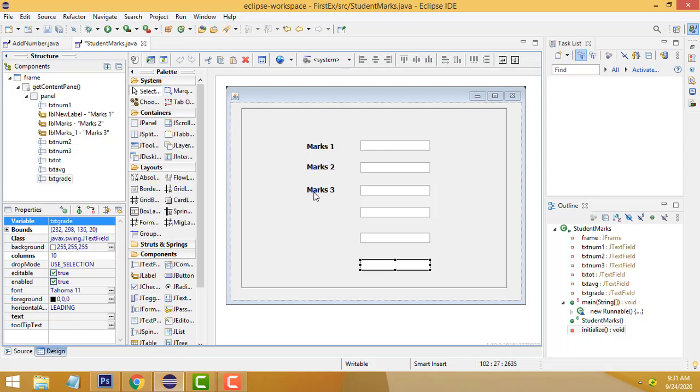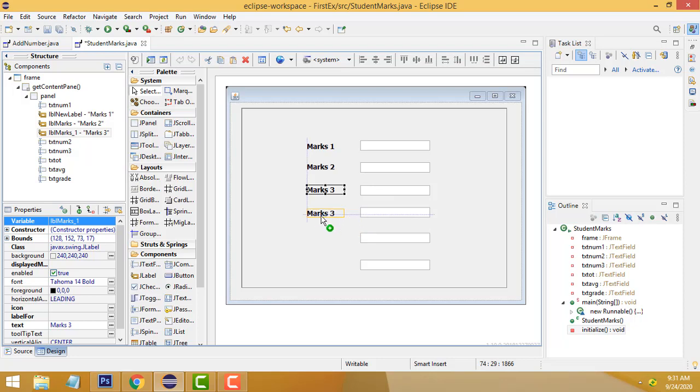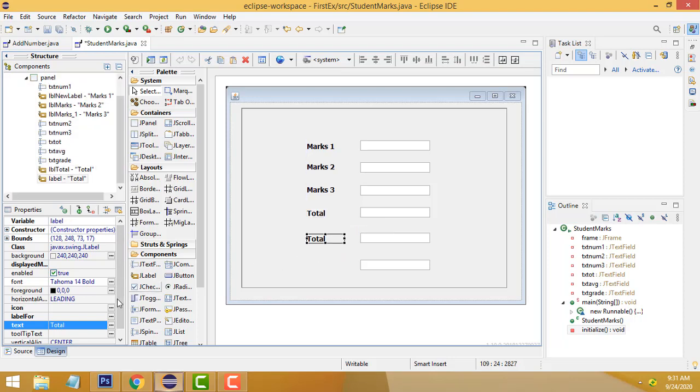Now the labels: this one should be the total, press enter key. Same thing, this one should be the average, press enter key. After that, Control C, Control V, this one should be the grade, press enter key.